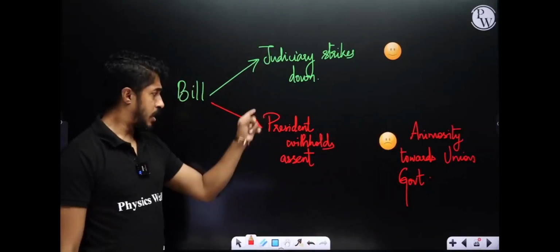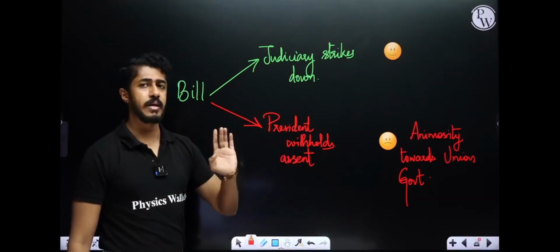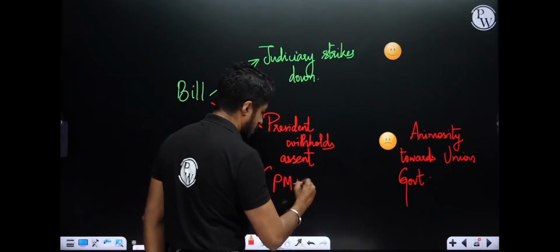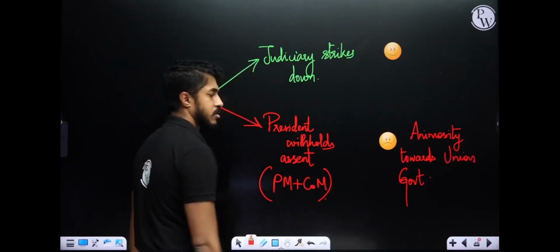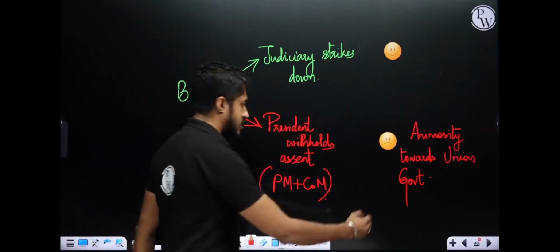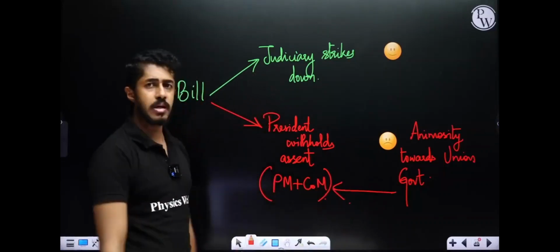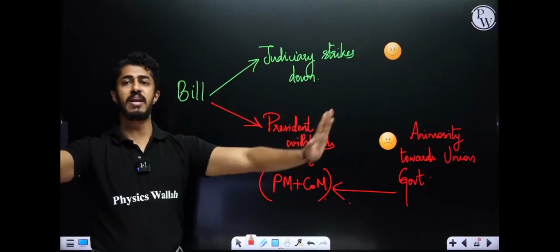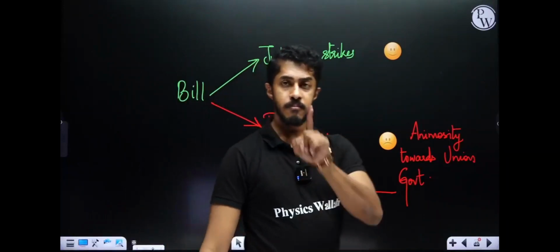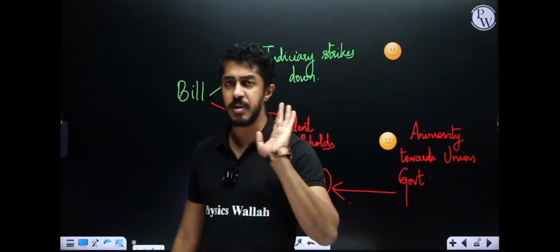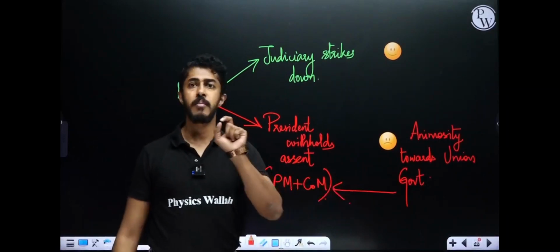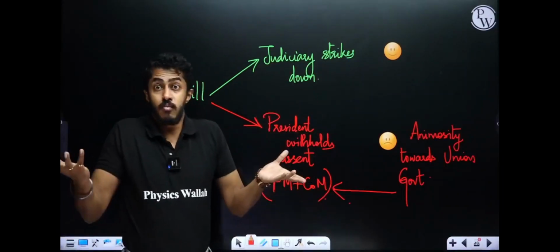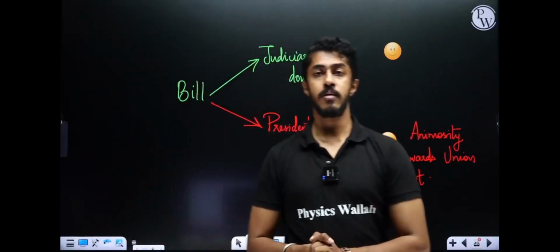Because they know it very well that the president is withholding assent. The president is not doing it. Who is actually doing it? The prime minister with the council of ministers. So anger on the union government means anger on the prime minister and the council of ministers. Same thing if the judiciary is doing, nobody will have any issue with it. Getting the point here? Basically, it simply means what? You do this, it will be politically bad decision. Judiciary is telling what to do. We have to listen to it.